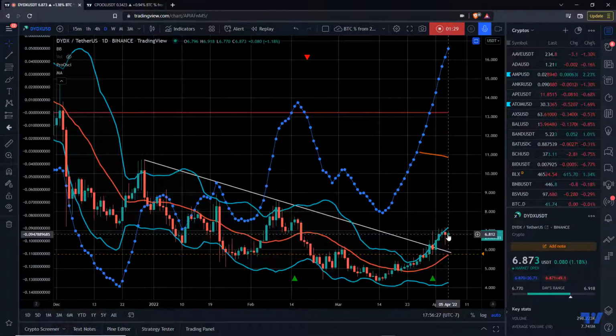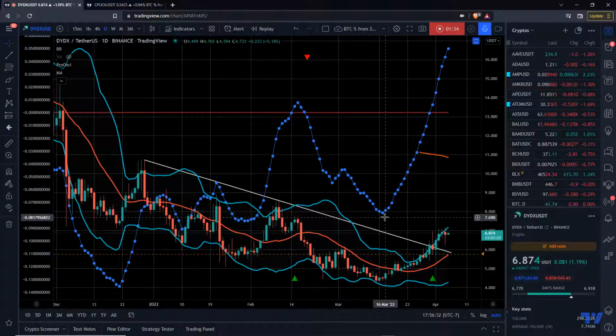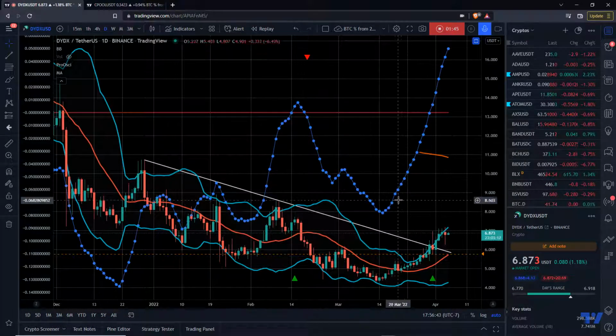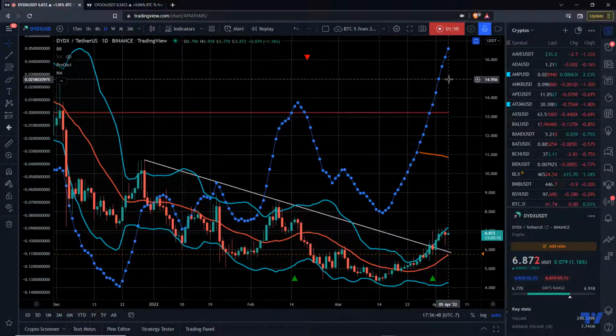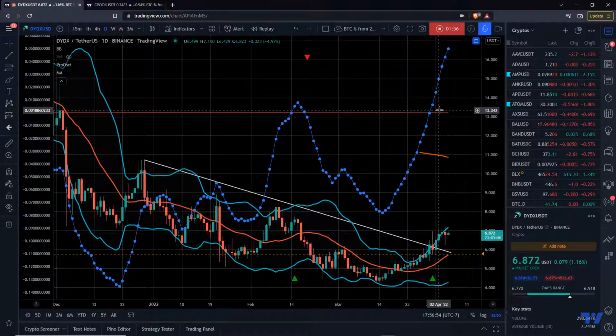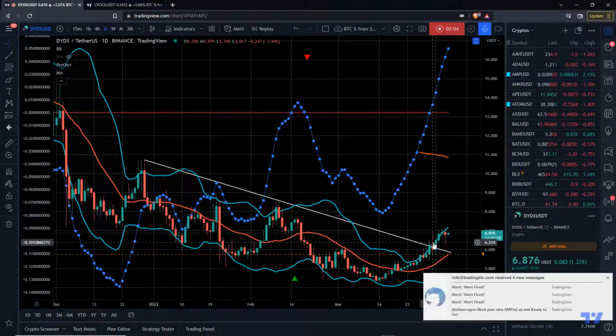But if we look at the oscillator, in addition to the downtrend line that has now been broken, you can see here on March 15th, the oscillator really started to move to the upside. So again, and you'll get tired of hearing me saying this, but the oscillator has gone from negative, less negative, less negative, less negative, positive. Now, when the oscillator starts moving to the upside after it crosses above the zero line and these dots start widening, that means momentum is increasing to the upside. And so what we see here in the price is